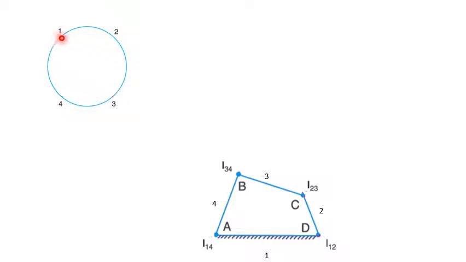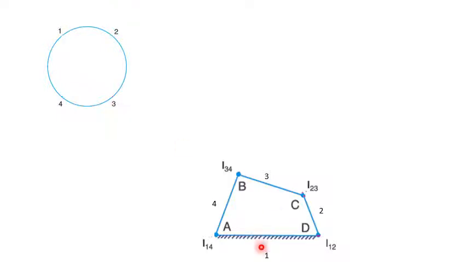Then locate the points on the circle. Here the number of points on the circle depends on the number of links. For the given mechanism we have 4 links, therefore we have to mark 4 points on the circle. So on the circumference of the circle, mark the 4 points. This is the second step in the circle method.